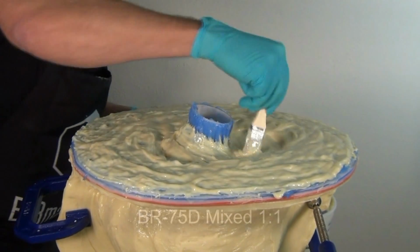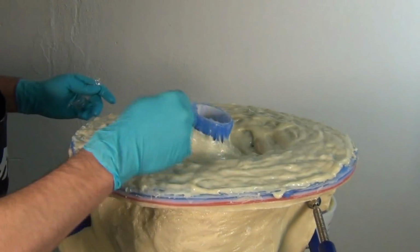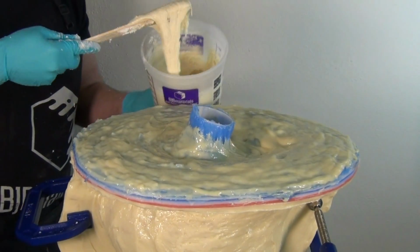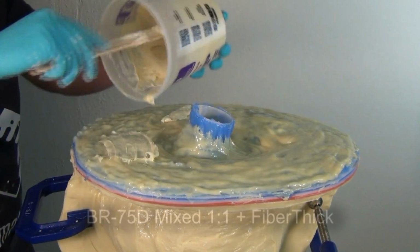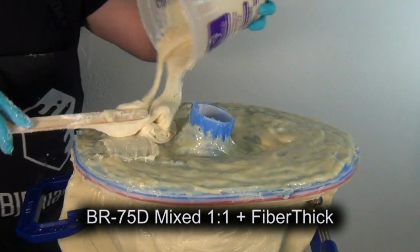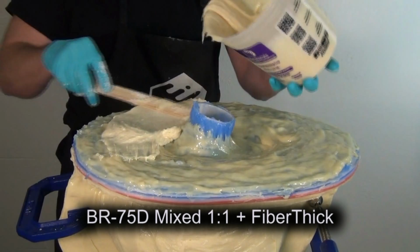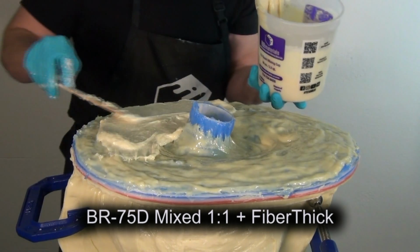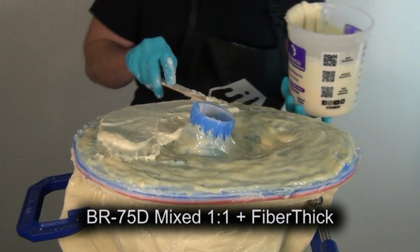And once that gels, we let that sit for about 30 minutes. And we're ready to come back with that final layer of BR75D. Again, this is BR75D thickened with the FiberThick. So now we got that nice frosting-like consistency. Real important at this stage to really keep this nice and square and smooth so that everything fits together nicely